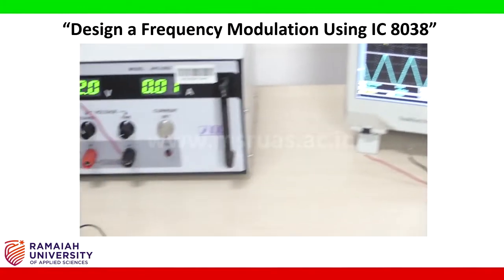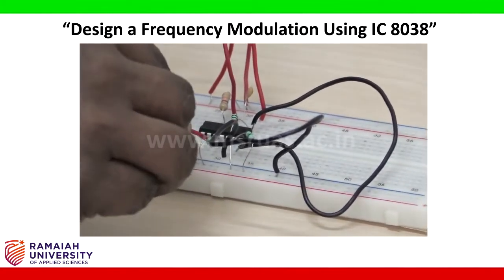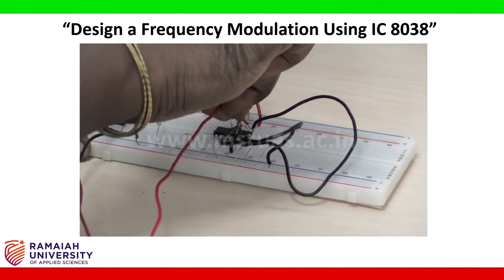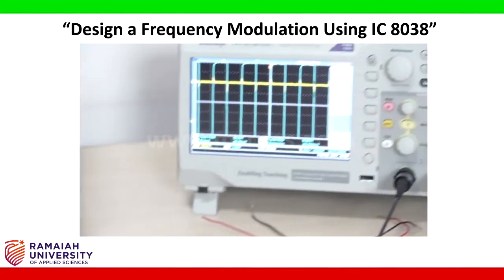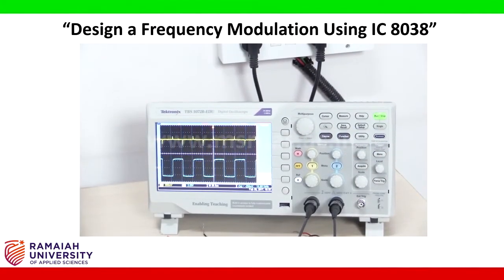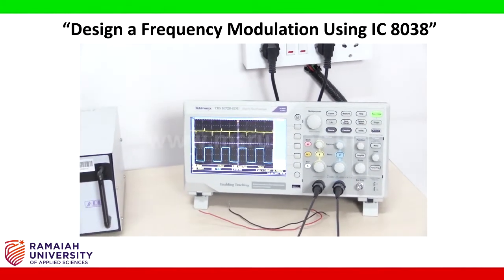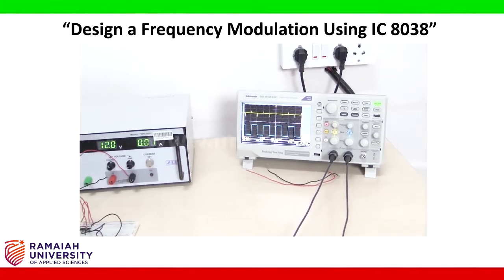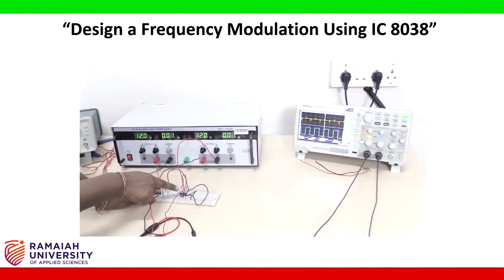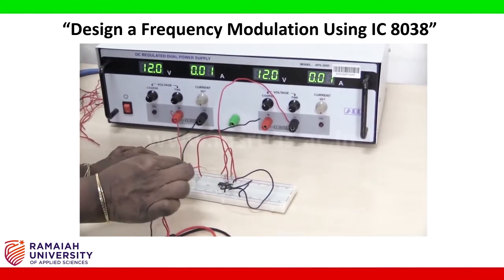Same way, if you connect this pin 3, remove it and put it in pin number 9. You can observe that in the CRO, again after pressing auto set, you can check that there is a square wave. So after monitoring these 3 pins, you can understand that the IC is healthy. Now we will start our experiment. So remove this pin number 9, connect it back to pin number 2.